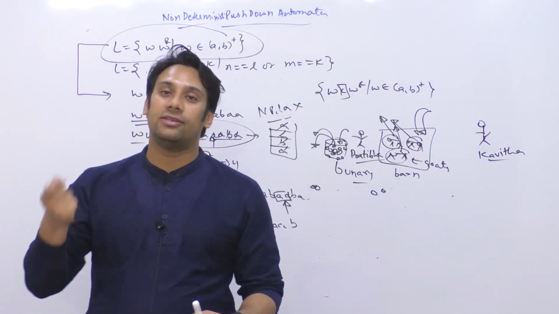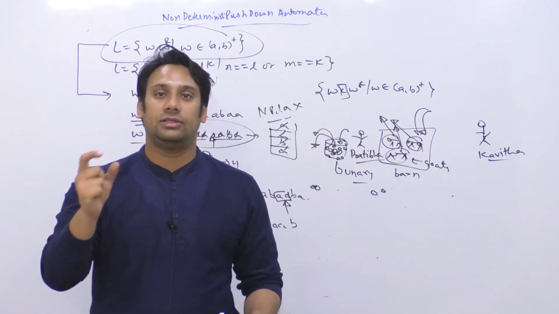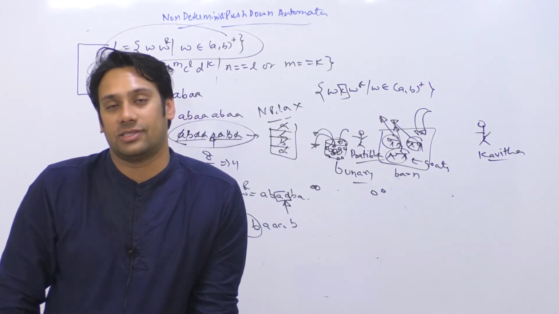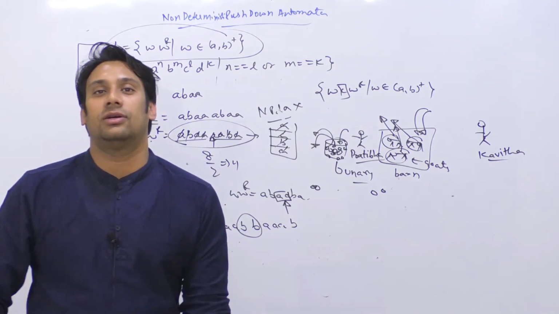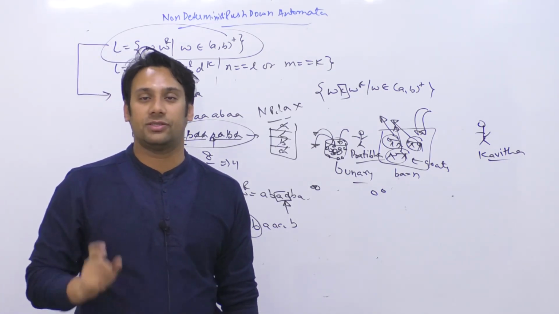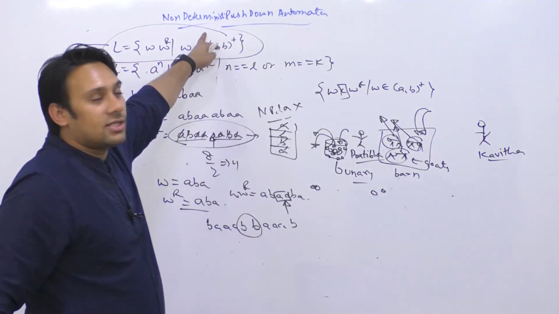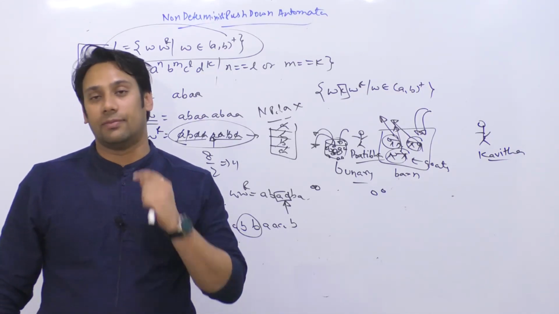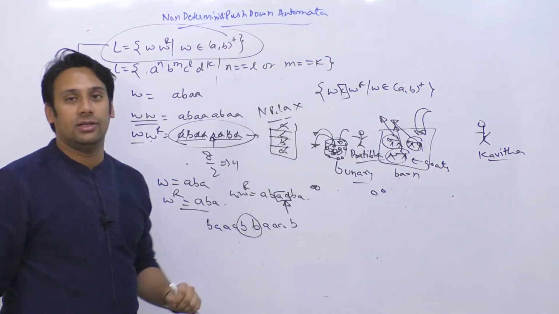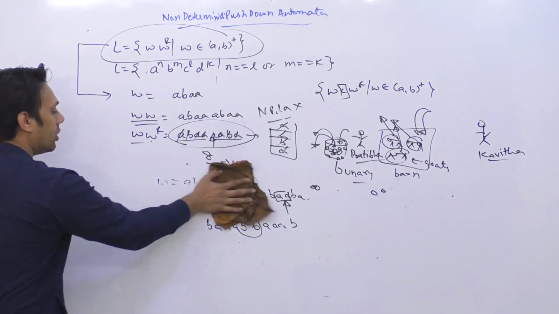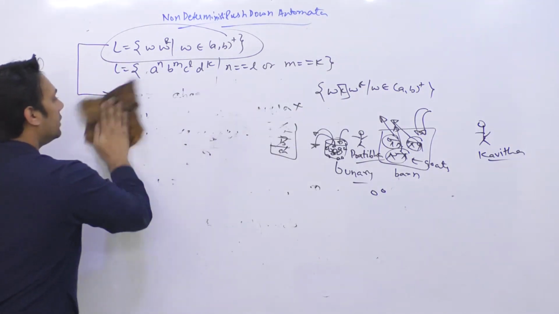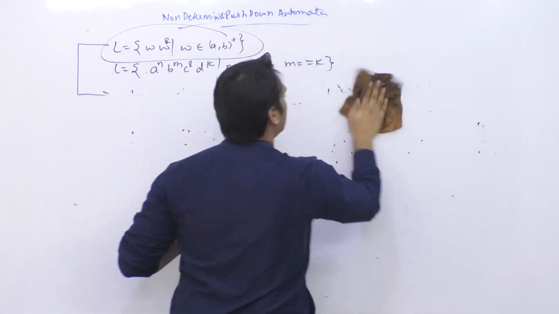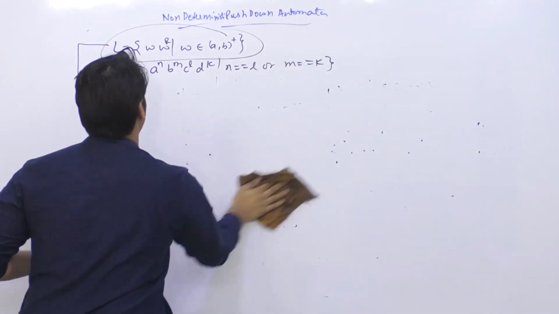So every time these two symbols come together, she will assume that yes, maybe the middle point has arrived, so I should start removing the symbols from the stack. This is what she will do. And in this case, she is in a state of non-determinism. She is not able to determine exactly what the middle point is. And in that case, she will be creating a non-deterministic pushdown automata, because that is a state of non-determinism. Okay. So how can Pratibha make sure that the middle point is always there?